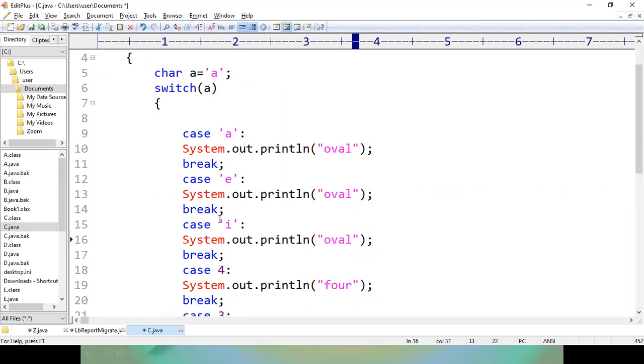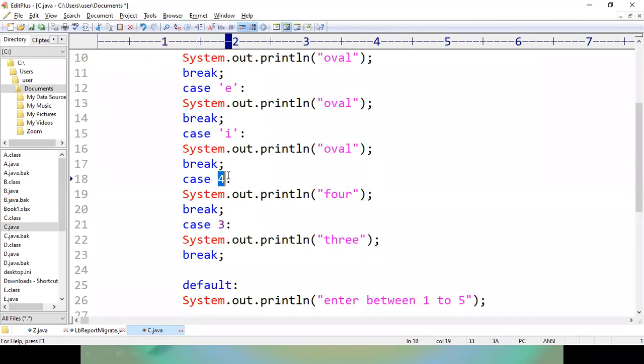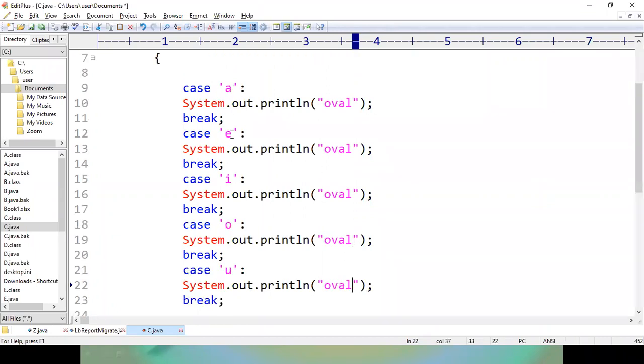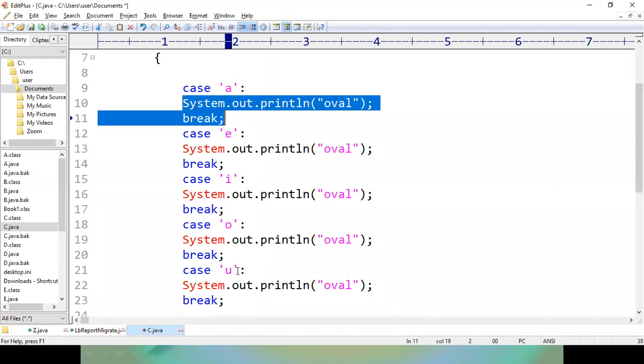And for the remaining two, O and the last one U. So for all these inputs, if we enter A or E or I or O or U, the output will be vowel. Here the bodies are the same for all these 5 conditions.